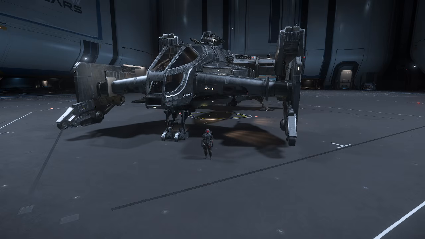So this thing has 4 size 3 repeaters, 2 of which are Mantis Gatling guns, and the rest are the Panther repeaters. So 2 of them are lasers, 2 of them are ballistics, which is a similar pattern in the Cutlass designs. And then when it comes to the turrets,